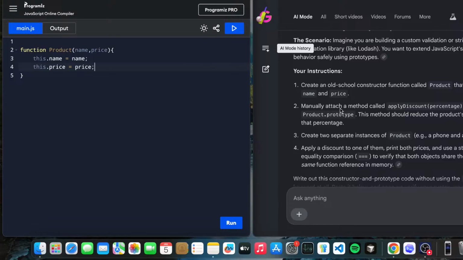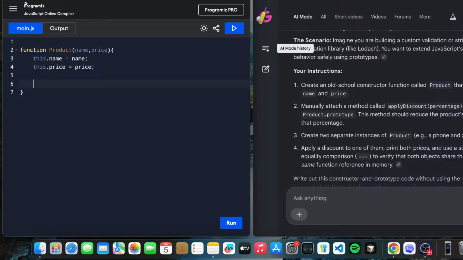Manually attach a method called applyDiscount, taking a percentage, to the Product prototype. This method should reduce the product's price by that percentage. So let's understand what we are doing.